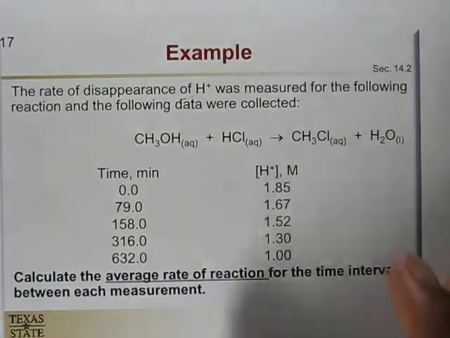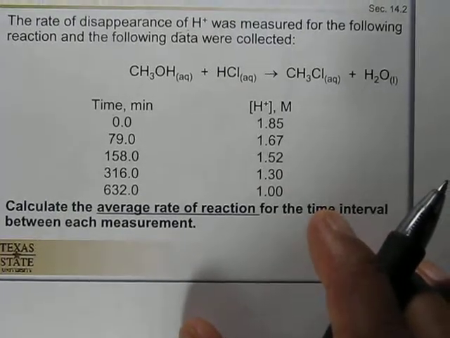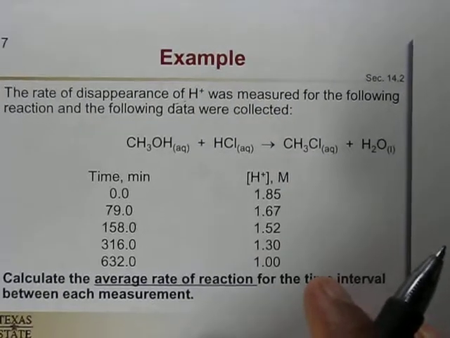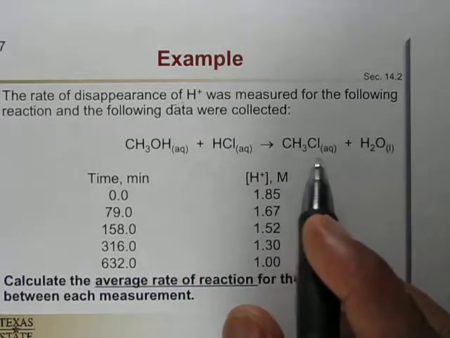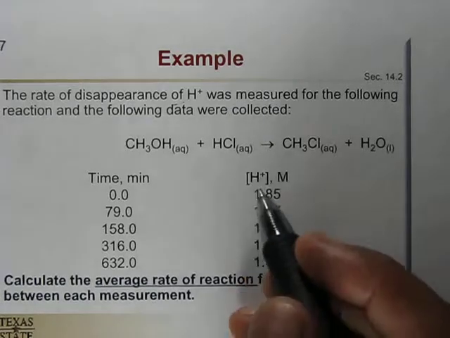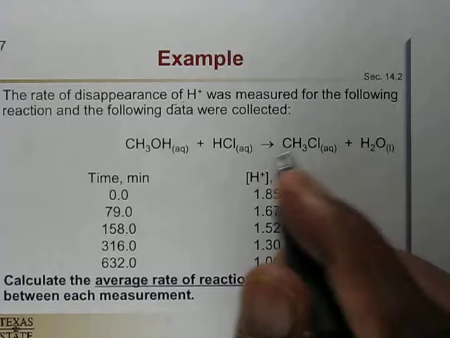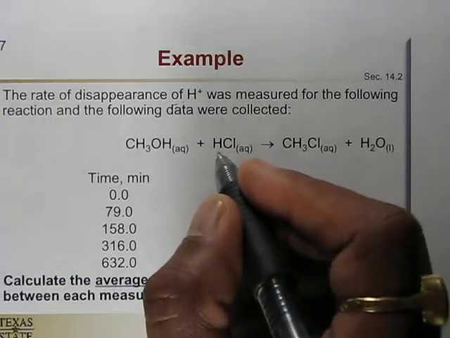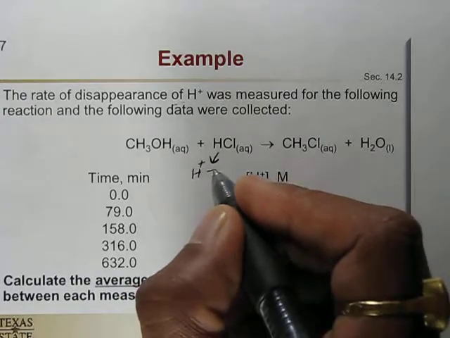Calculate the average rate of the reaction for the time interval between each measurement. So here you can see methanol is reacting with HCl and it is producing methyl chloride and water. And why are they giving me the H plus ion concentration? Because HCl, when it goes into water, basically produces hydrogen ion plus chloride ion,